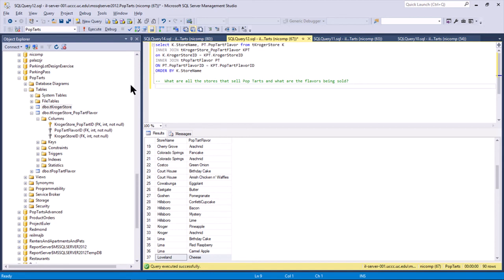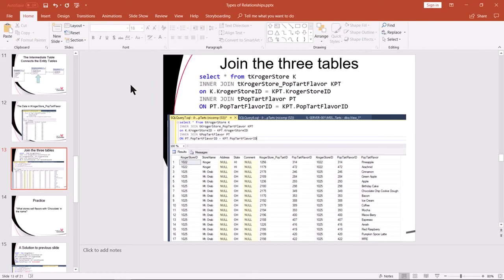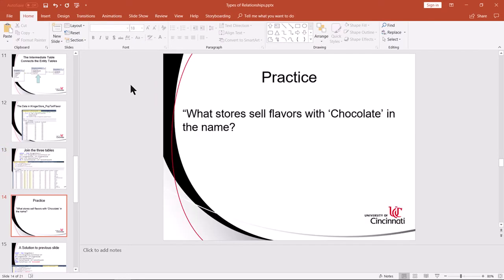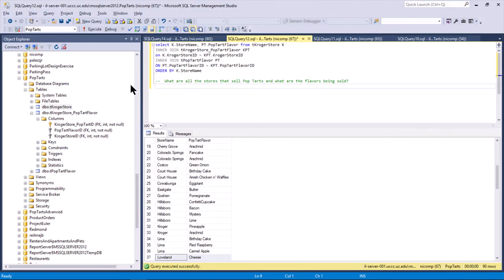Let's flip back to the slides. Move to the next slide, slide 14. Let's do some practice. What store sells flavors with chocolate in the name? Back to SSMS. Clear this comment. And I can quickly answer that question